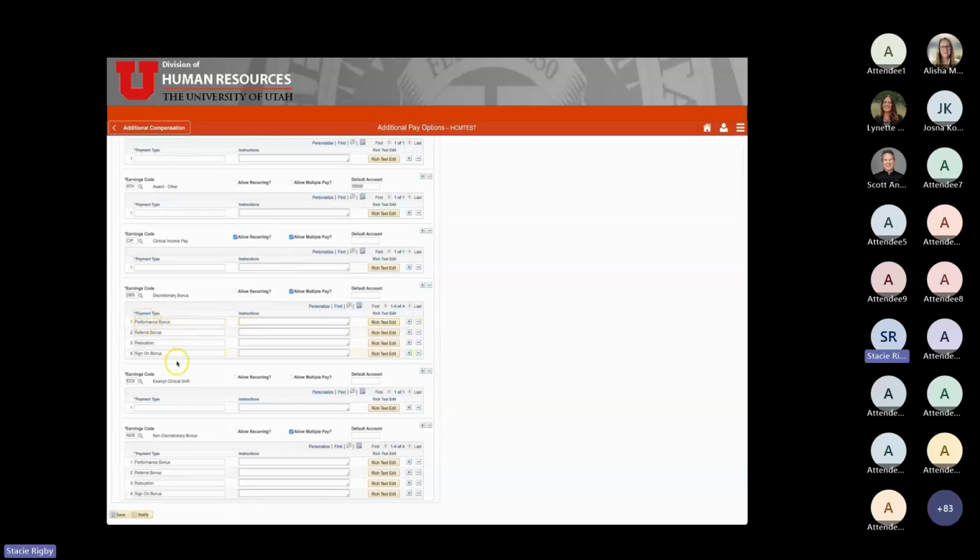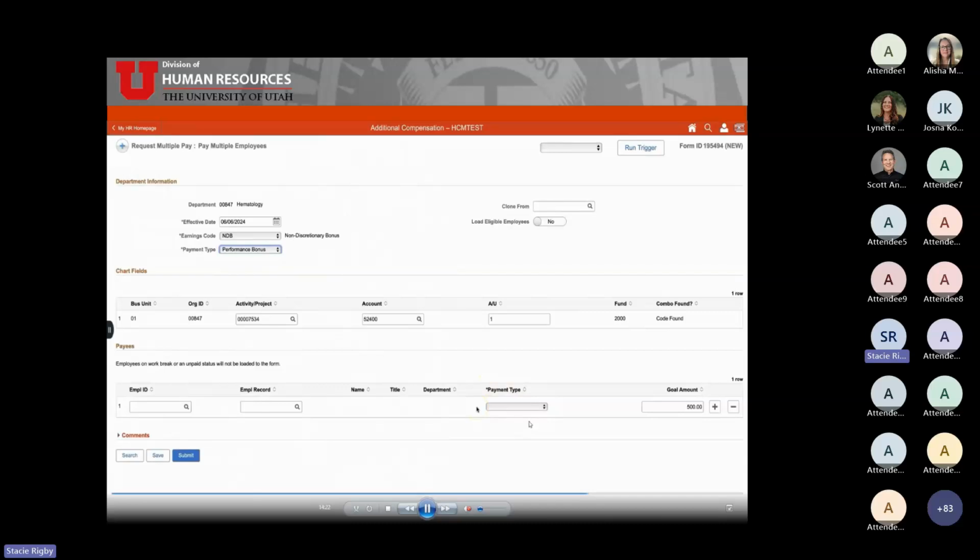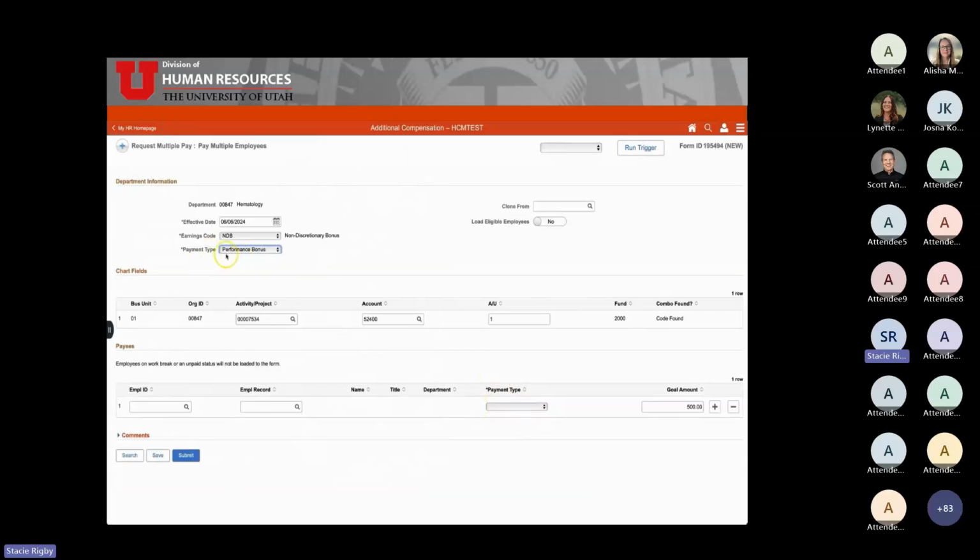Under each of these earning codes, we can set up different payment types, and that's what's driving the payment type option. Since we selected NDB under the UHA academics group, these 4 payment types show as options. So when I change that payment type, it appears in this upper section. In this lower section, the payment type is dynamic, and we can change that for each individual employee we load